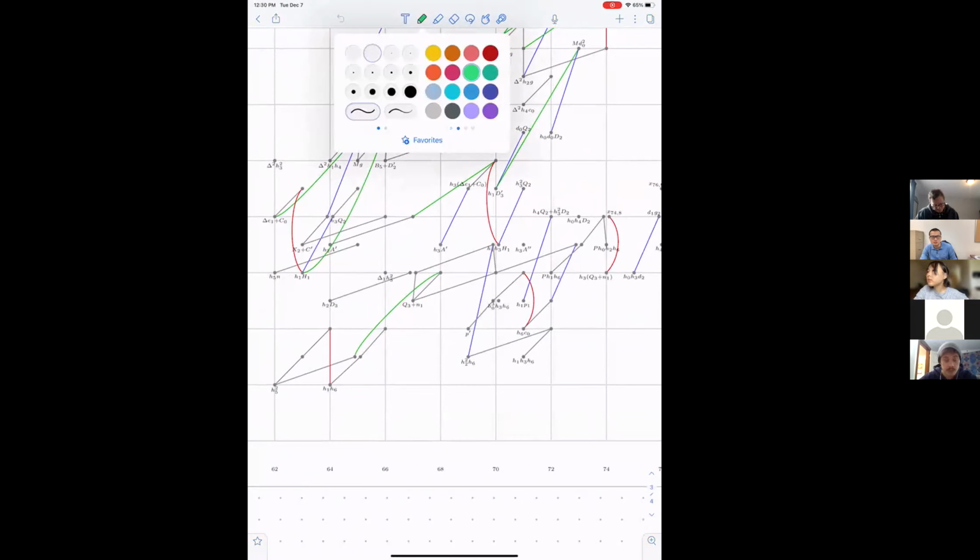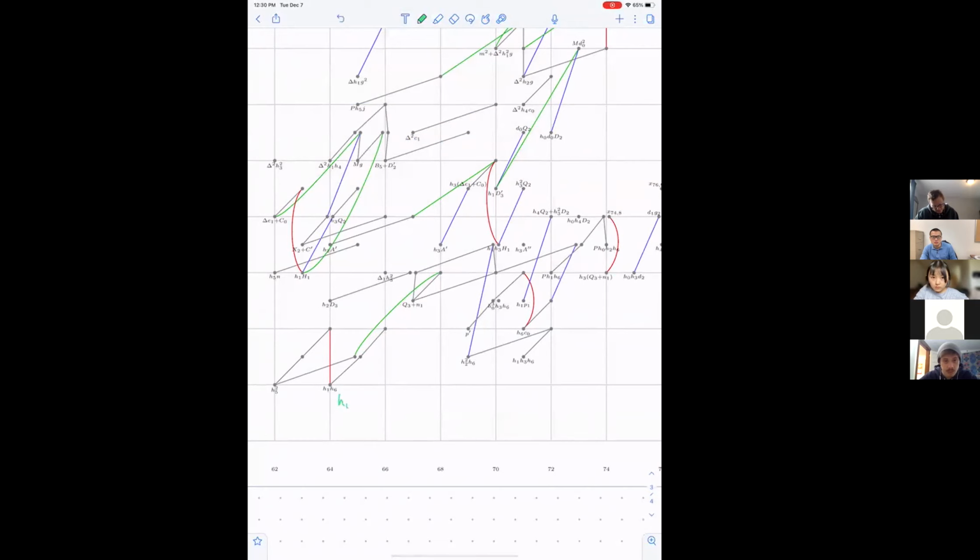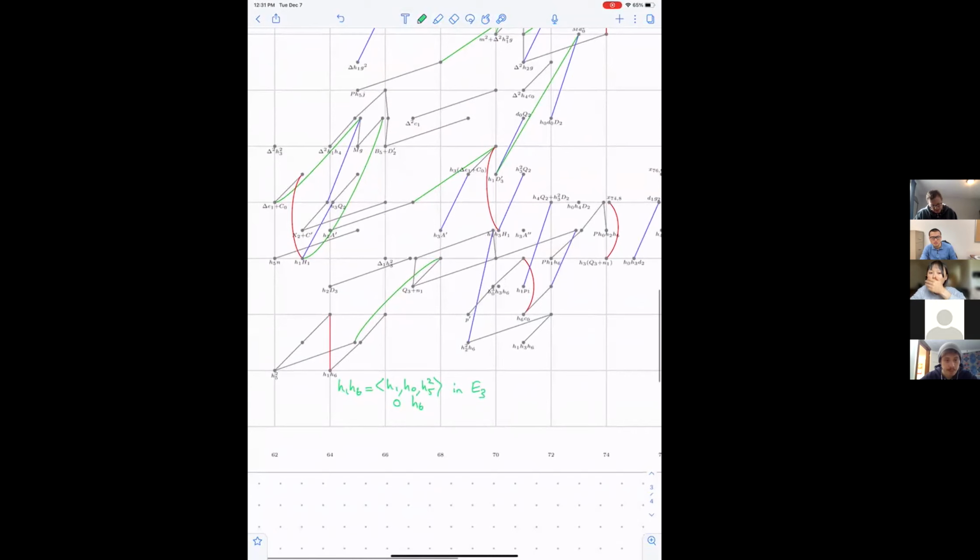See here, h1 h6 is h1 h0 h5 squared, and that's in E3 because d2 of h6 is h0 h5 squared. And therefore you have a total bracket. So h1 h6 is detecting the total bracket